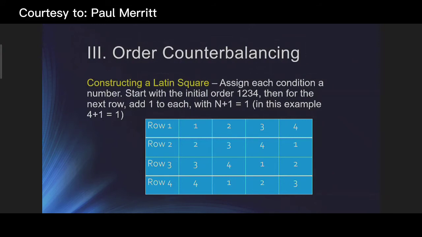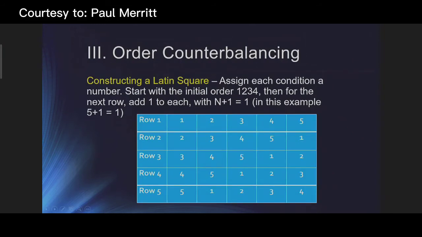Now, to do this completely, we are going to do the same thing with an odd number. We start 1, 2, 3, 4, 5. We have 1, 2, 3, 4, 5, then 2, 3, 4, 5, 1, then 3, 4, 5, 1, 2, etc. But with an odd number of conditions, to make sure that we have truly evenly distributed